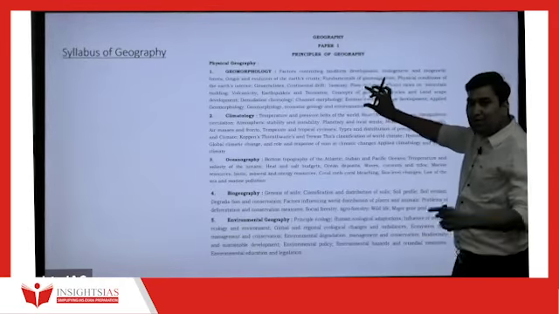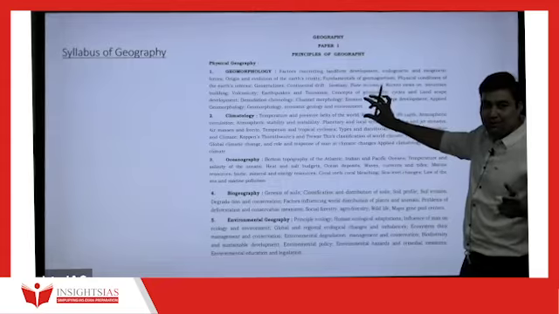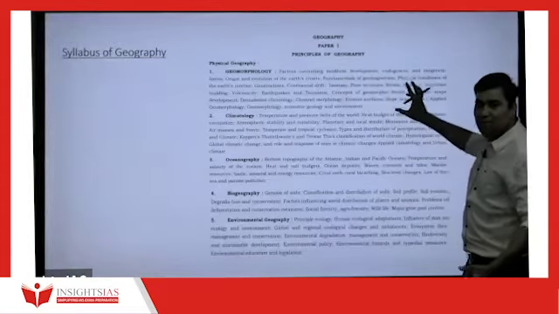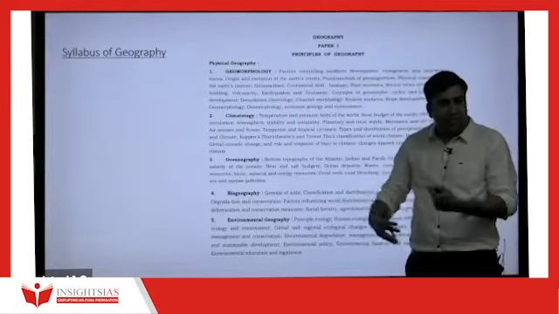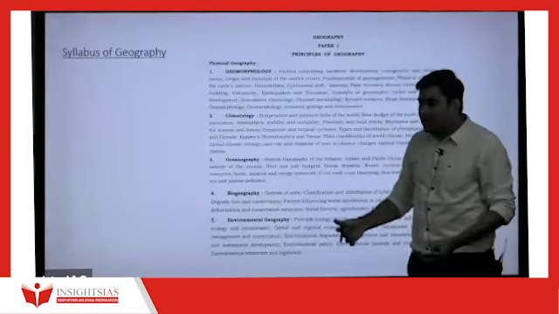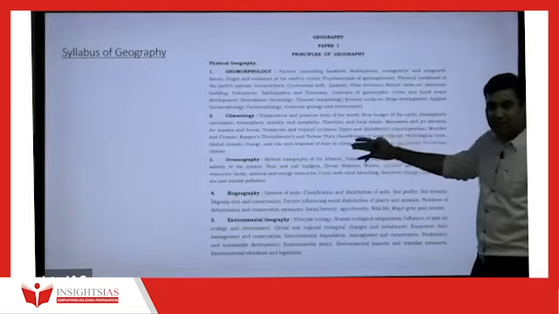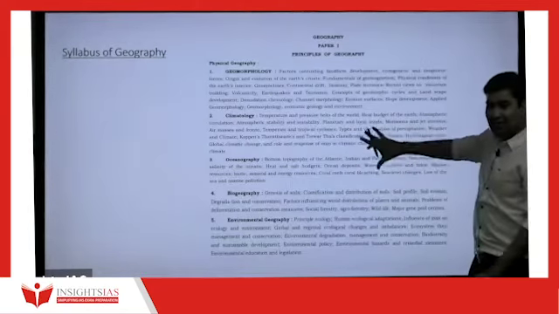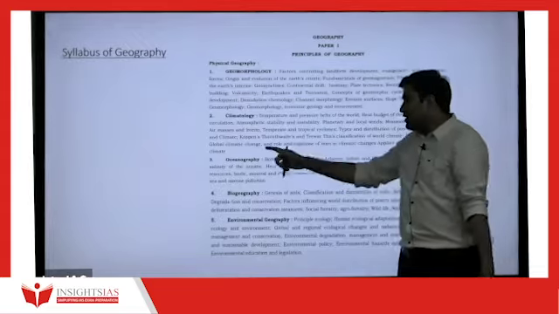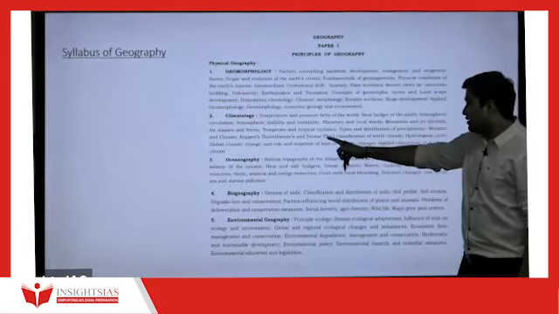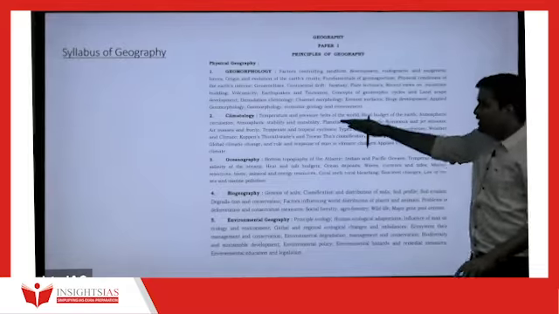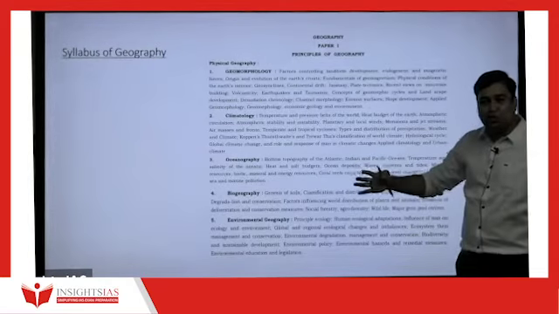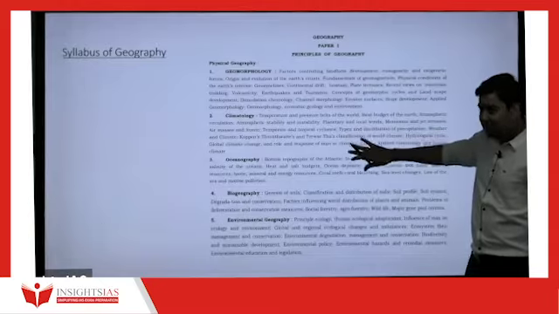For this we have to refer to a particular book that I will tell you. This is about geomorphology. Climatology, essentially, as I mentioned, covers temperature, pressure belts, winds, right? All these things, air masses, planetary winds, are easy topics. This is the easiest topic, and there are only two thinkers, Köppen and Trivartha, right? Köppen, Trivartha, Thornthwaite. These three or four thinkers have given climatic classification across the globe. Is it clear? Are you understanding it?